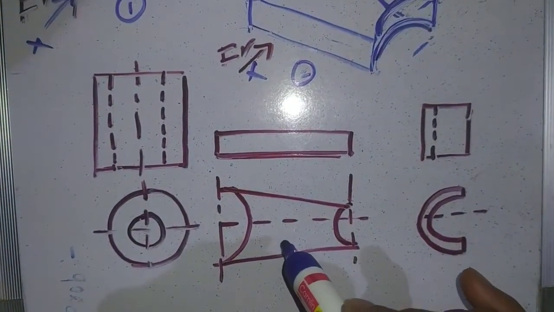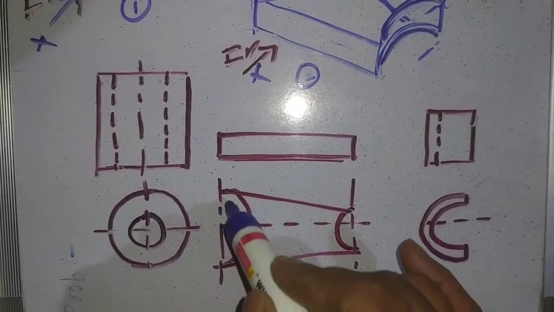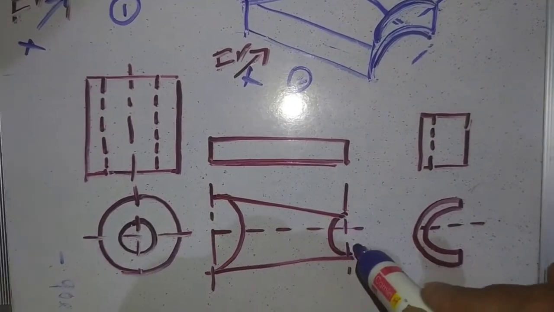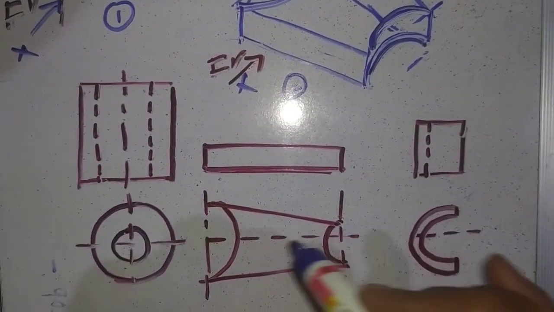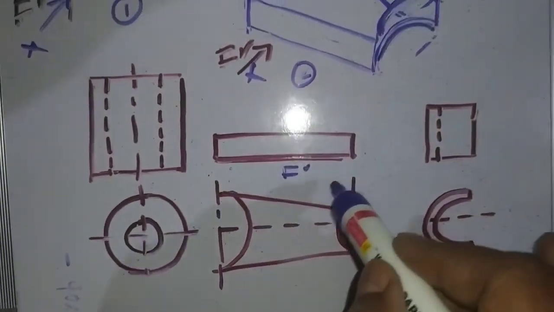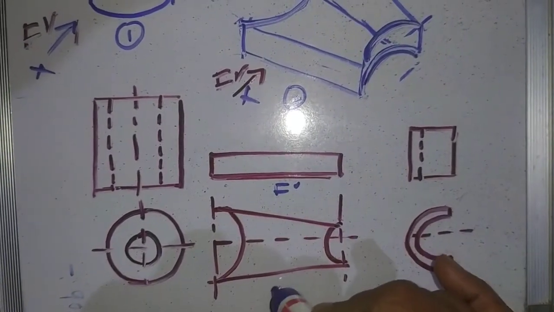Second, this is the base plate. Both sides are there, stuck to the cylinder. This is the half diameter of the outer cylinder, and this is the half diameter of the outer cylinder of the small half cylinder. This is the big cylinder, and this is the front view. They have given the center distance between these two lines from the top. This is the top view and this is the front view.